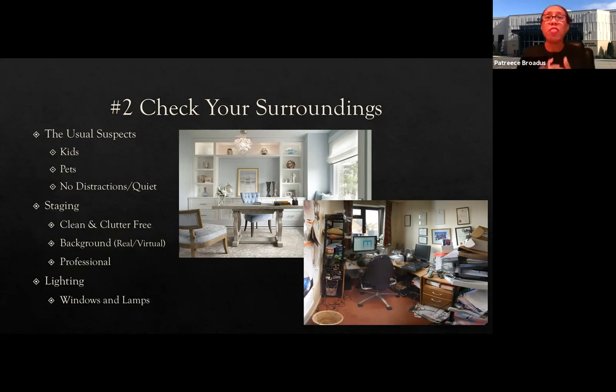Number one, that's going to cause quite a few distractions regarding the lighting, because the lighting is not going to look right on your face. Also, there might be something going on outside your window, obviously, that you can't control. That's going to be a distraction. The recruiter is going to be paying more attention to what's going on outside your window as opposed to you. So you want to make certain that you aren't sitting in front of a window.